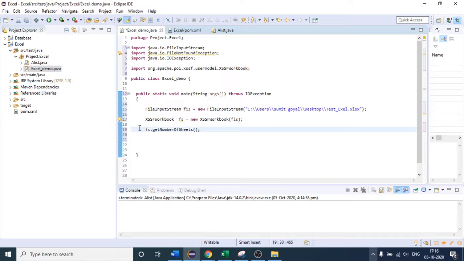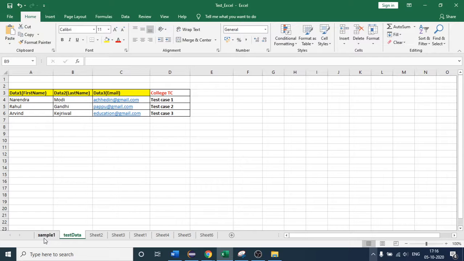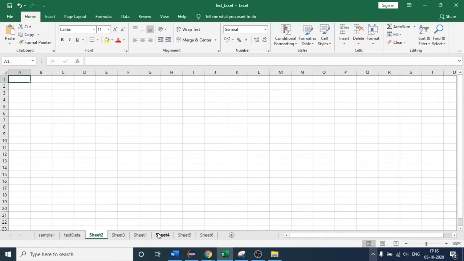And if I say integer of sheets, let me first show you what this code is doing. This method, get number of sheets, will return the total number of sheets present here. What is the total number of sheets? 1, 2, 3, 4, 5, 6, 7, 8. So we have a total of 8 sheets here.